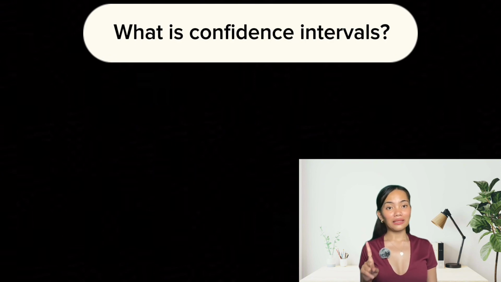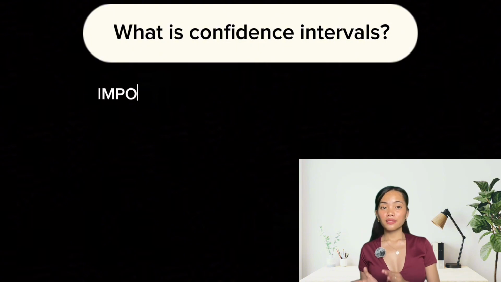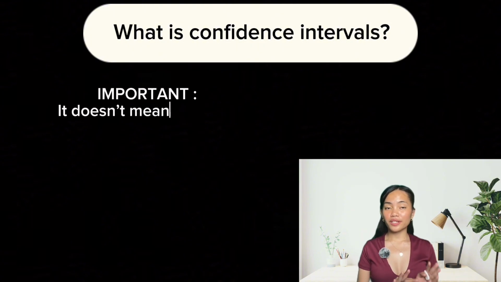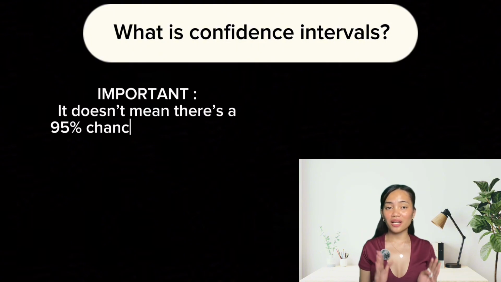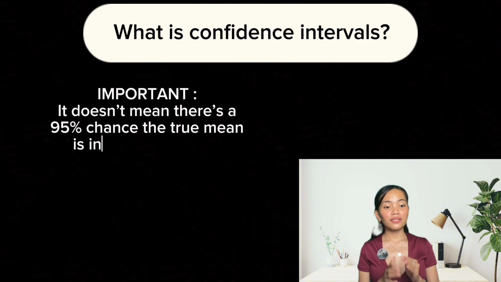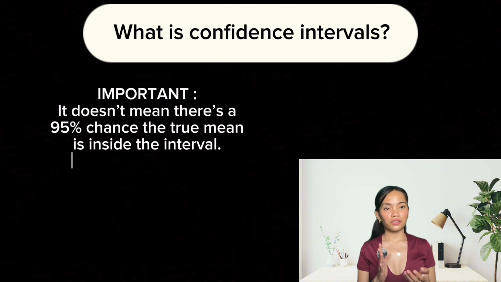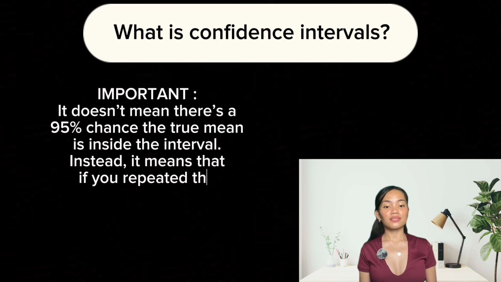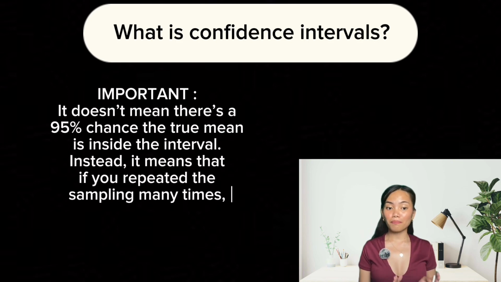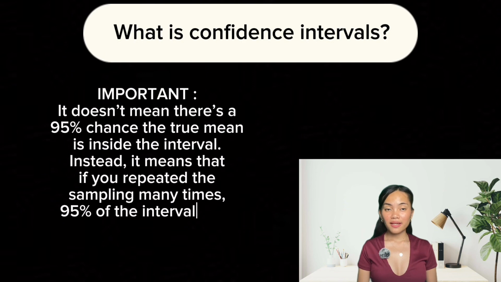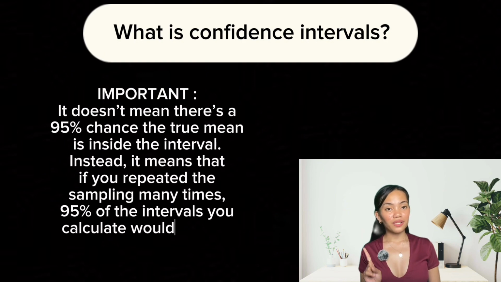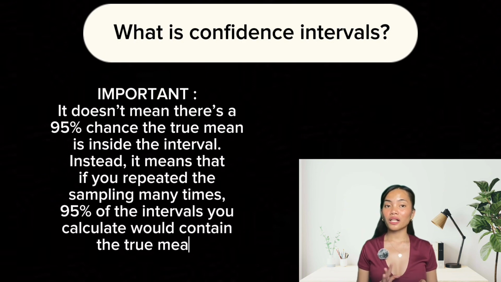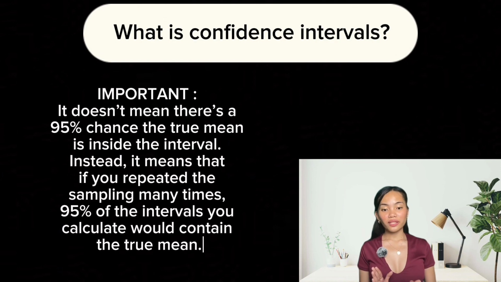An important note: it doesn't mean there's a 95% chance that the true mean is inside the interval. Instead, it means that if you repeated the sampling many times, 95% of the intervals you calculate would contain the